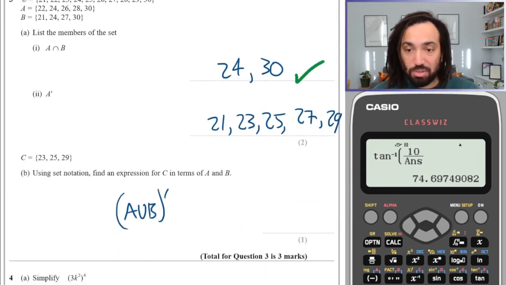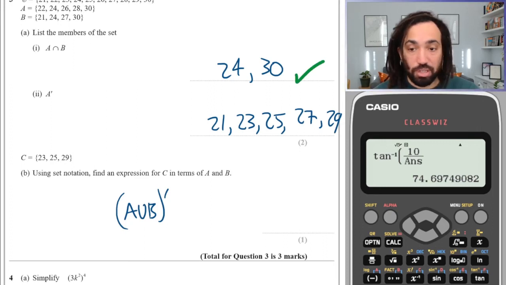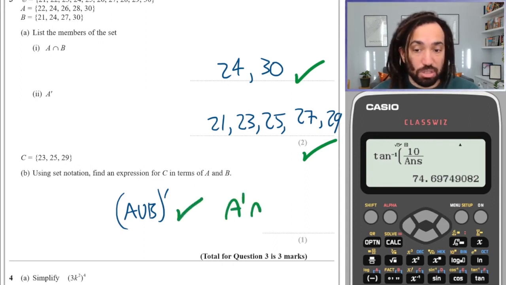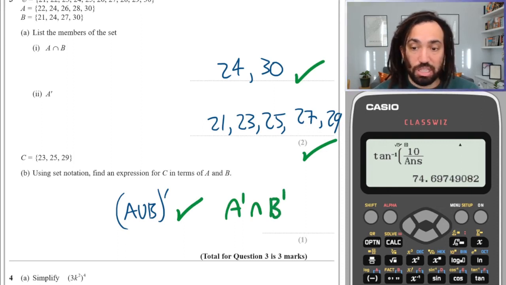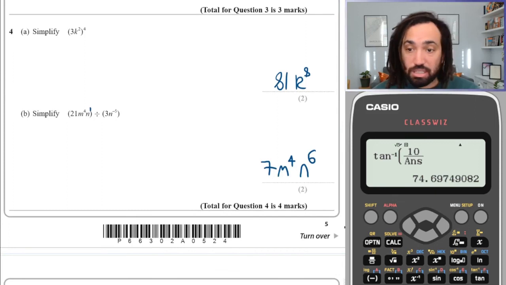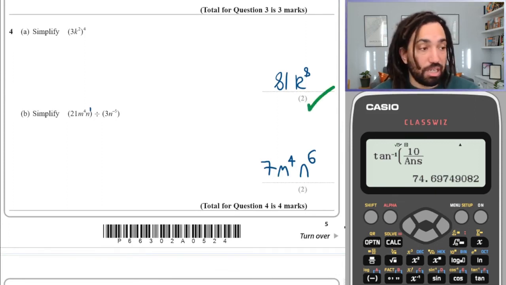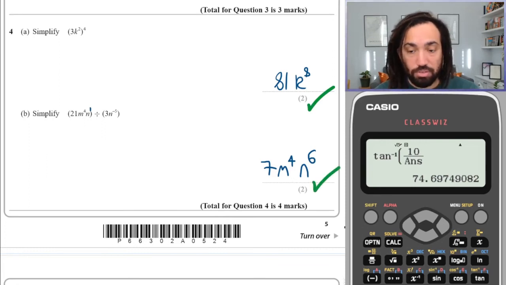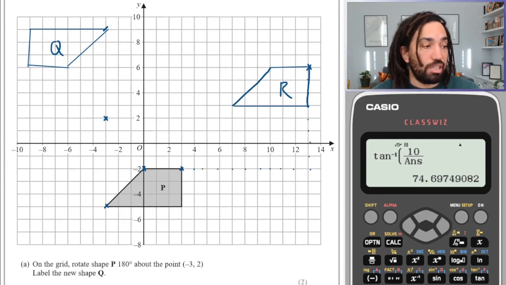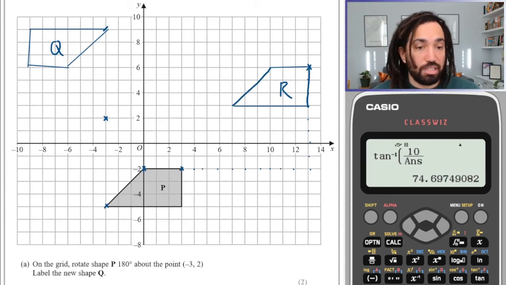So 24, 30, that's good. 21, 23, 25, 27, 29, that's good. We can have A union B not, or one could have had A not intersection B not. That would also have been correct. Okay, I'm generally terrified right now. 81k to the 8, 7m to the 4, n to the 6. That's good. Right, this is going to be tricky to mark, but it's a minus 9